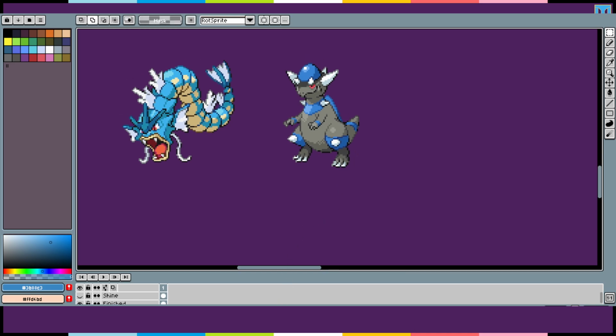Hang on, I'm gonna check something real fast. I want to see if I can get... I believe the Rampardos animates, so I wonder if I can get a freeze frame from its sprite in a different position in its animation. Ah, no, its animation doesn't have it bending forward. Well...